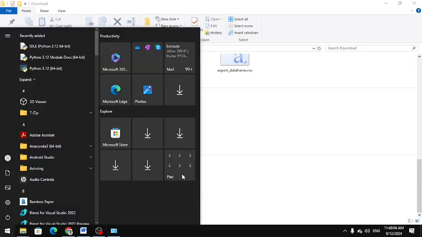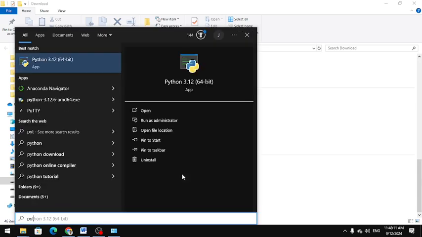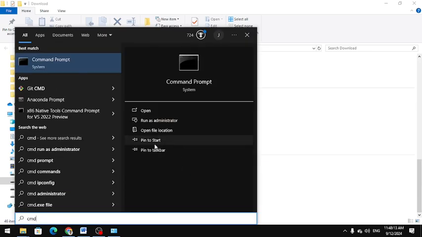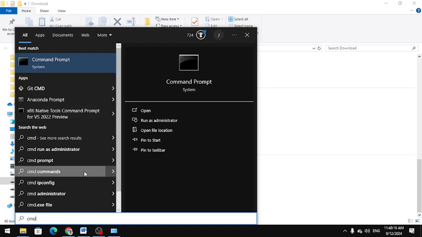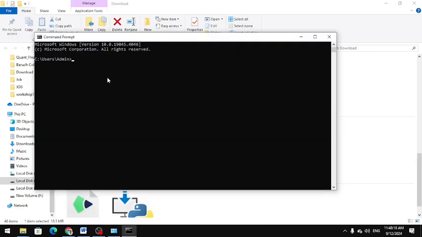Now hit the Windows key in your keyboard and search for CMD, which is nothing but command prompt. Run the command prompt, type pip list. So as you can see, it is showing the pip version, or in case you have installed some other libraries. Let's say pip install